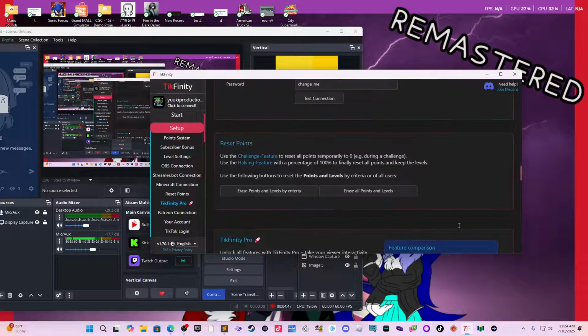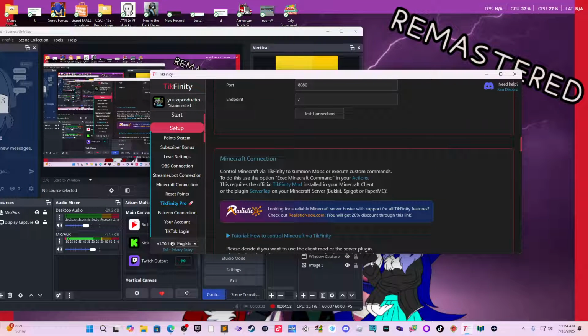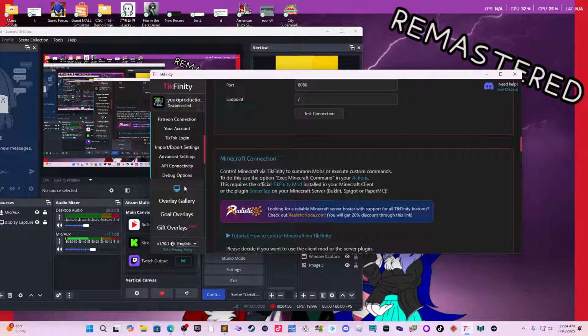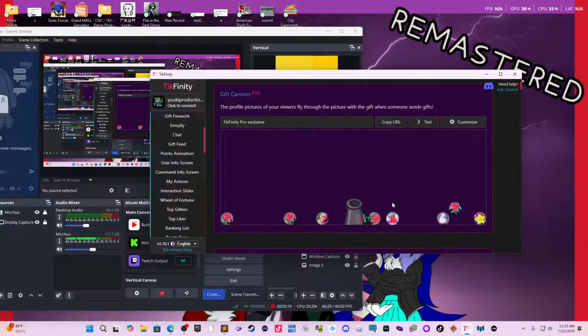Now that I've talked about the basic setup, let's talk about the majority of the software or web application, and that is the overlays as well as what you can do with your stream. We're going to go to the overlay gallery, and you have a lot of overlays to choose from, so don't skimp out on it. We're going to go over a few of them just to get you started on how to start putting them